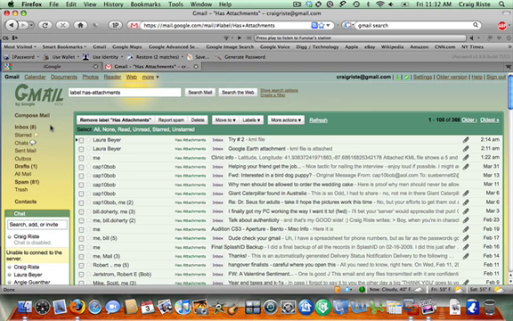So hopefully this gives you an idea of what you can do with labels and that, but the most important thing is you're able to find your attachments and then to delete them if you need